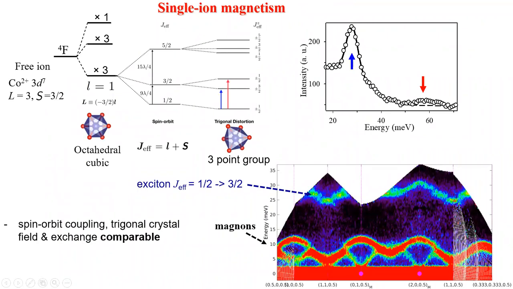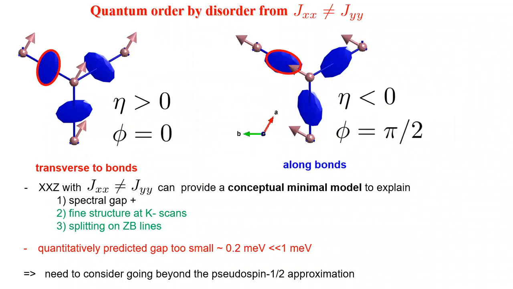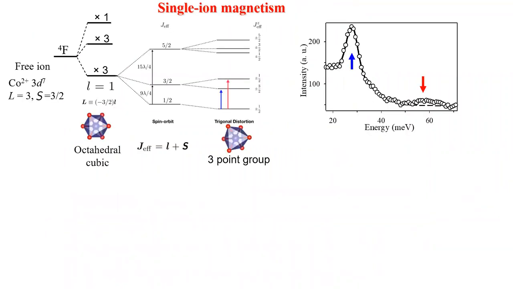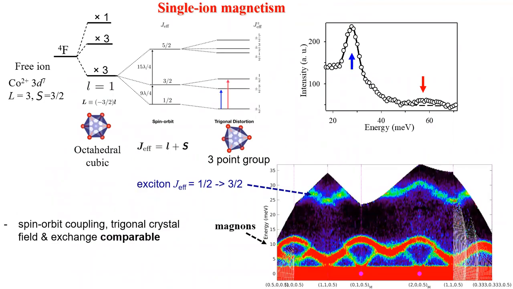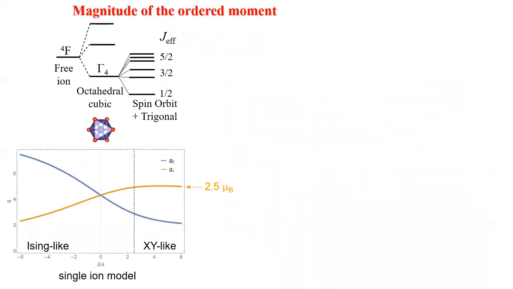So this suggests that we have to consider going beyond the lowest doublet. So consider also orbital fluctuations. And you might think that's probably relevant because the orbital excitations are very close nearby here. The scale of magnetic exchange and the crystal field levels are actually quite close. So first of all, we cross-check that we understand the magnetic moment, the admixture of spin and orbital parts,